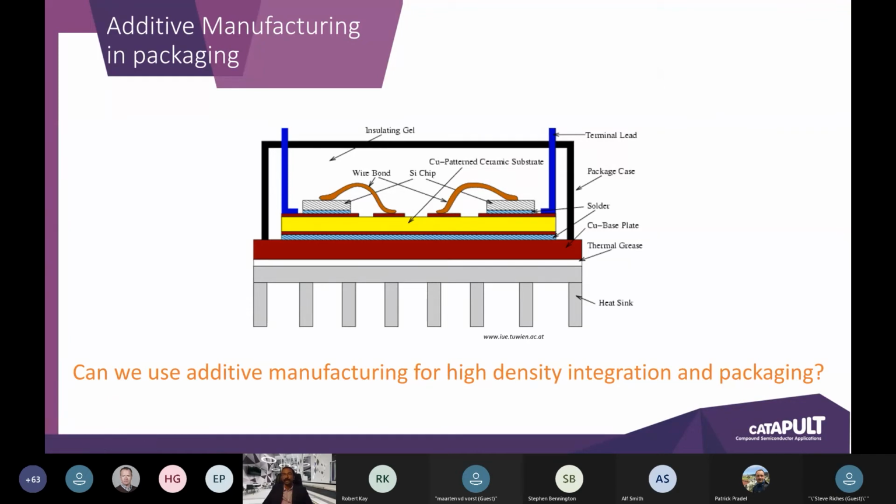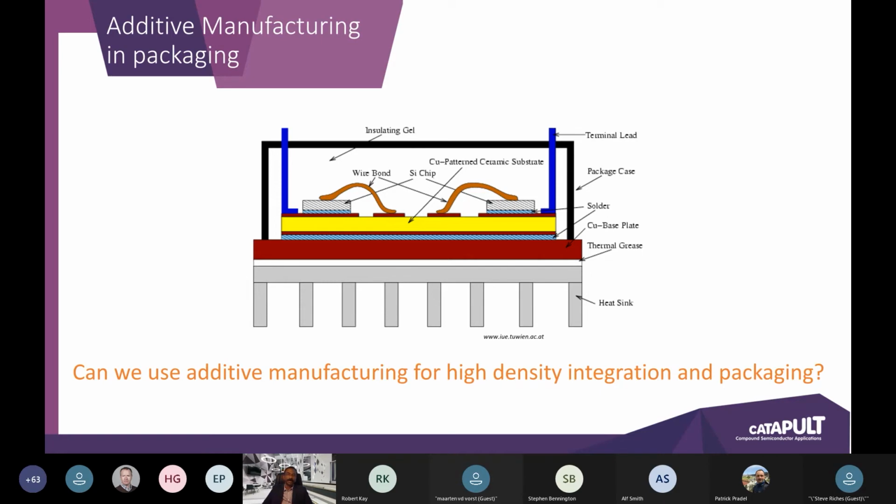Now the question is whether we can use rapid prototyping to help the packaging. That means printing some of the electric leads like wire bonds, making some additional layers, and also single material and multi-material printing.